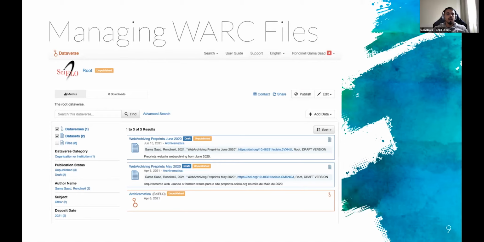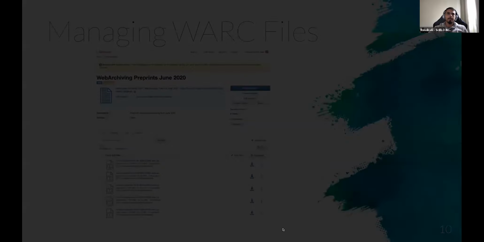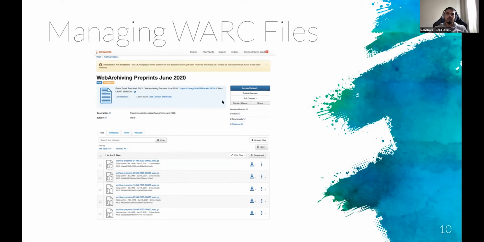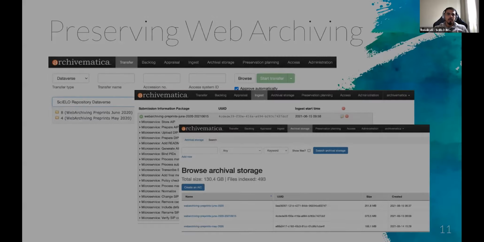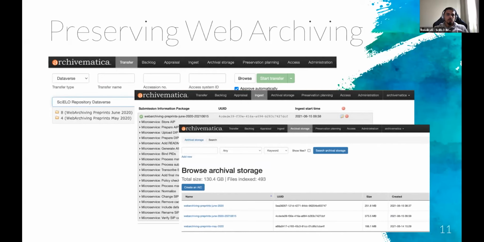All created web archive files are organized and stored in datasets, as you can see here in this picture. They are identified by months and years. But how can we guarantee these digital files were preserved? This is another part of the datasets that you can see, the files that we organize. To do so,